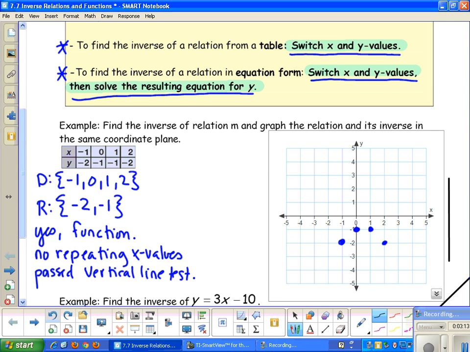Okay, so let's get to the actual question. The actual question said we wanted to find the inverse of a relation M and then graph the relation and its inverse in the same coordinate plane. So now if I want to find the inverse,